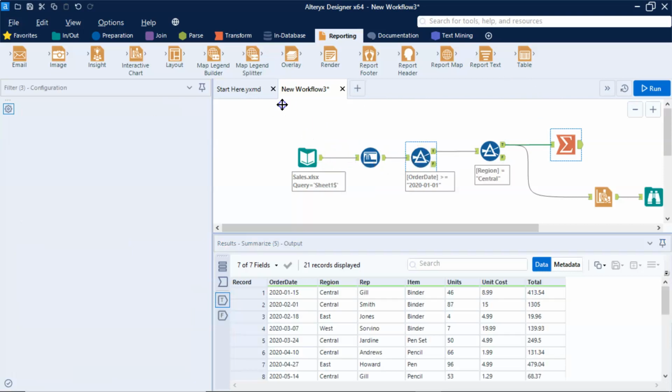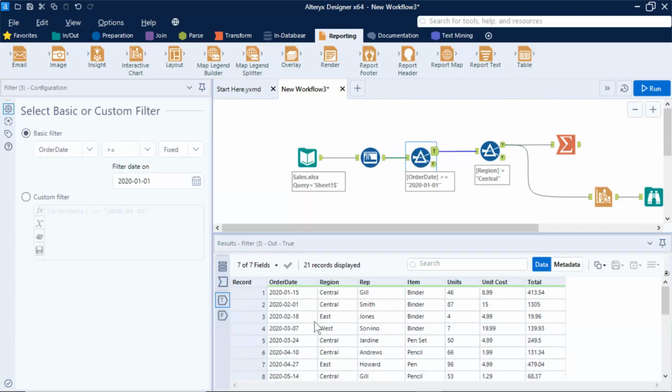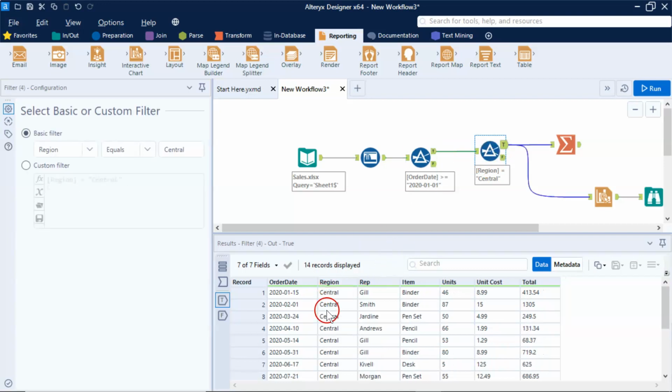After every single filter, you can see the data got reduced. In the first filter, it just filtered out the data for year 2020 and then again did the filtration based on the region central. Alright, so within just maybe 2 to 3 to 5 minutes, we have created exactly the same flow that we did in Excel.